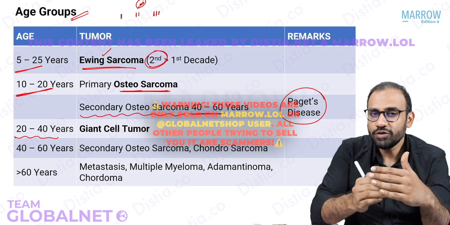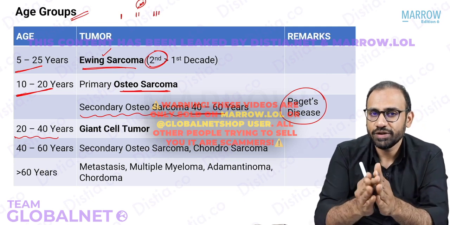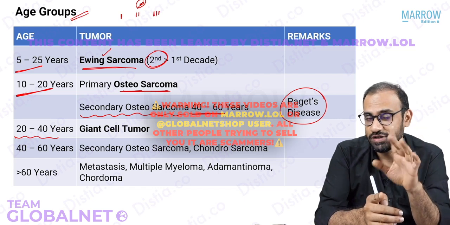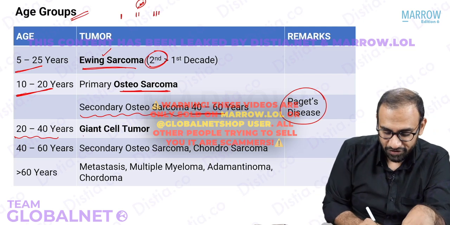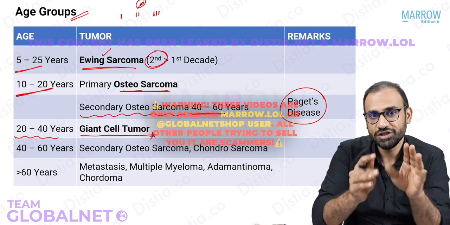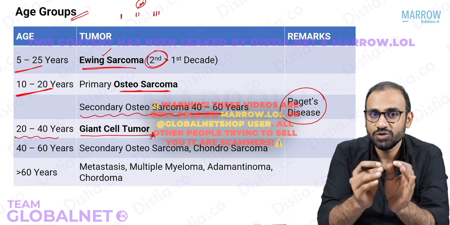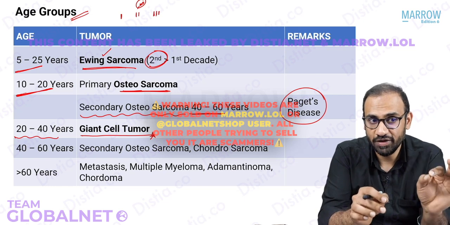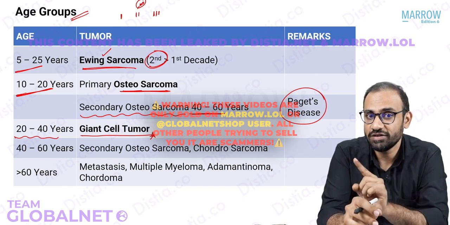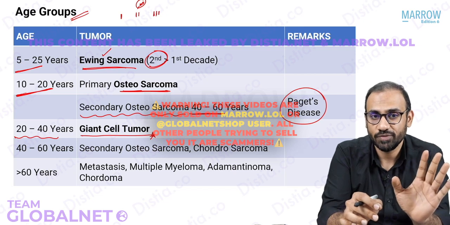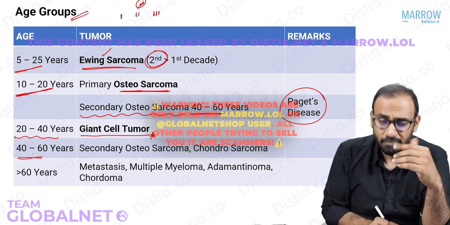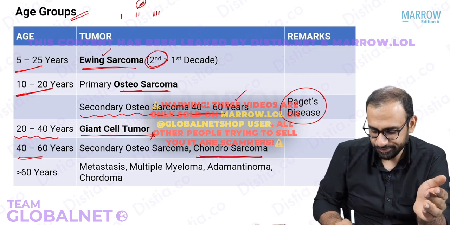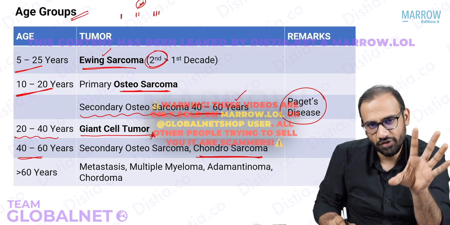Okay? After 20 years, which age group are we going to talk about? 20 to 40 years. 20 to 40 years means skeletally mature or immature? Skeletally mature. So skeletally mature population. What is the tumor that you usually get between 20 to 40? Think of giant cell tumor. So giant cell tumor will occur in population whose growth plate is fused. Don't mark giant cell tumor if on an X-ray you are looking at the growth plate which is visible. So don't mark GCT for children. Please remember that. Okay. Now 40 to 60 years. One we already know. We know secondary osteosarcoma. Other one is chondrosarcoma. These two tumors usually occur in 40 to 60 years.